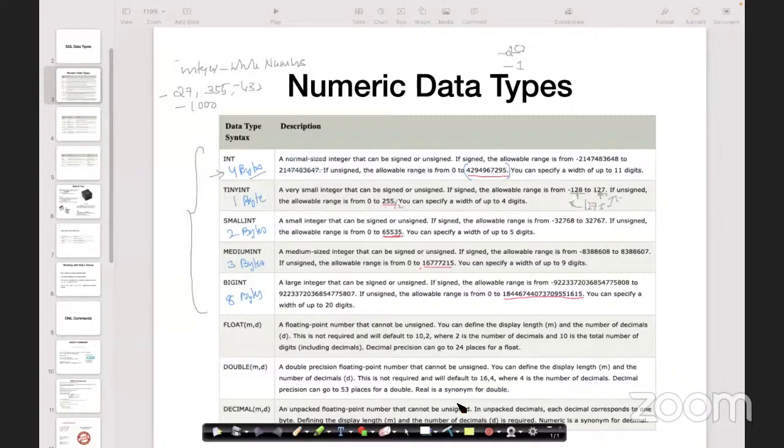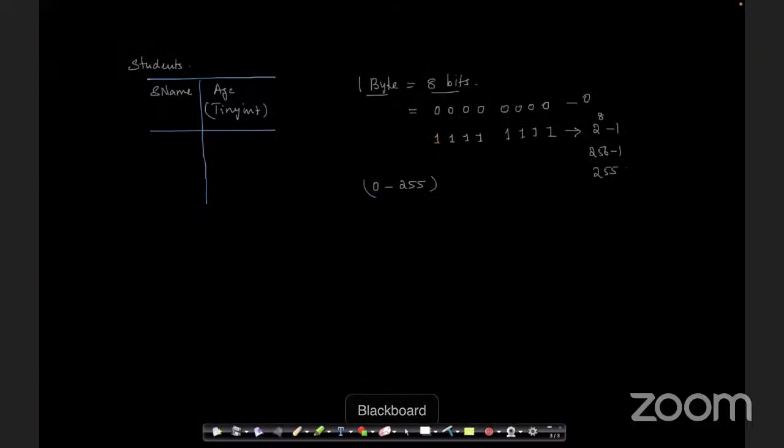So why does it become exactly half? The reason is that if you want to store the sign of the number, you can think of it like the first bit. One bit is being used to store the sign of the number. So 0 might mean positive and 1 might mean negative. Depending on that, you set aside 1 bit to represent the sign. So if 1 bit goes off to represent the sign, we are left with only 7 bits to store the magnitude of the number. That means the maximum value that you can put is 2 power 7 minus 1,